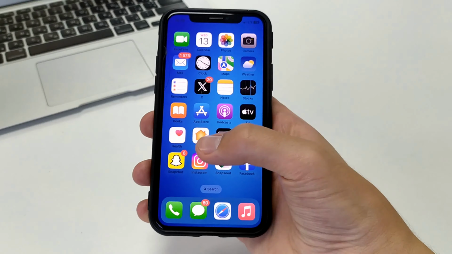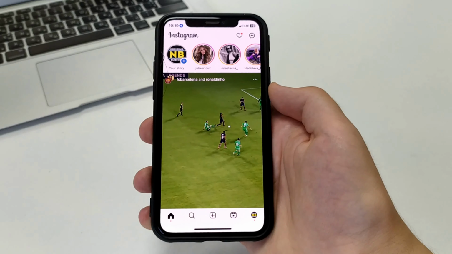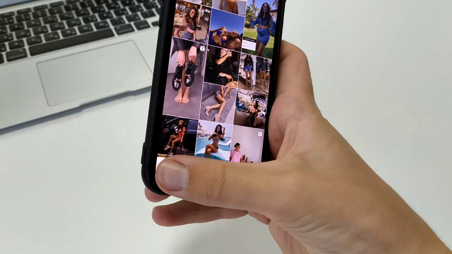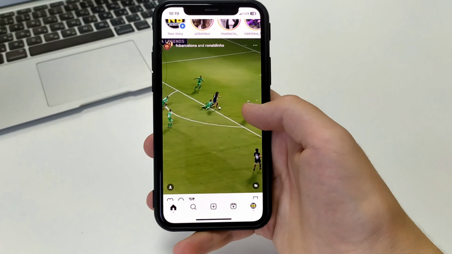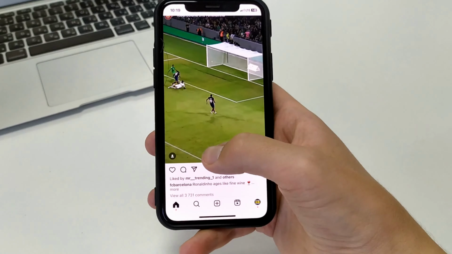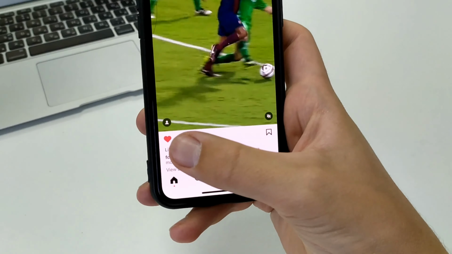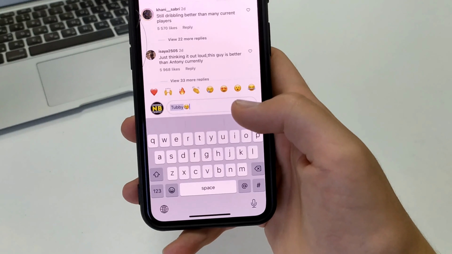Let's get started. Go to Instagram. Next we choose our profile. Now we have to find the publication in the newsfeed, or in the search box, where we want to leave any comment. Let's say I find this soccer publication. Here we can put a like, share with friends, and send a comment. We can write any comment, send any emoticon, and click publish.